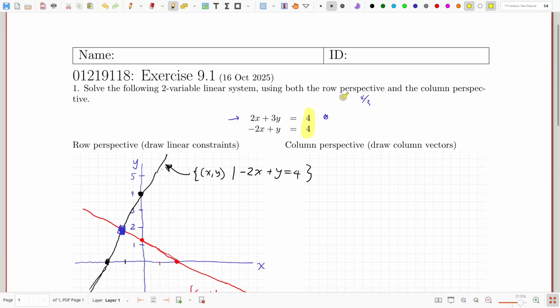So when you look at the column perspective, we sort of think about the contribution of x and y to the sum here. Okay. This is one way to look at it. Okay. So you have x and y, right? And you want to set x and y so that the sum according to this formula gives you this 4